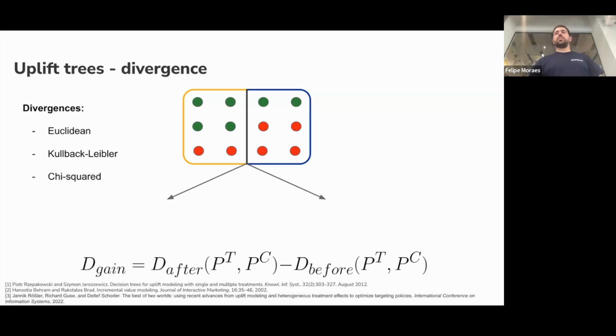You actually have a lot of divergences. These were the first three that were proposed. We kind of know what they are: Euclidean, Kullback-Leibler, which measures the difference between probabilities, and chi-squared, which is the idea behind the test. But at this point, people have invented a lot of these splits. In the CausalML package online, you can just check. There's a lot of them, and they all promise improvements over the other ones. So again, you test the one that works for you, and one of them should. Do you have any questions here? Feel free to ask.